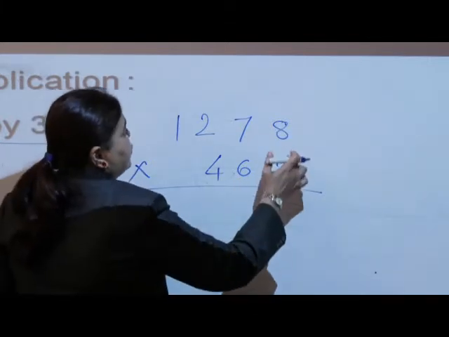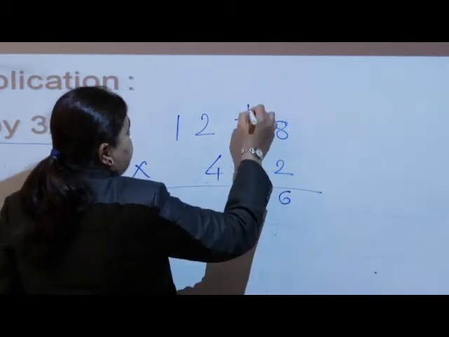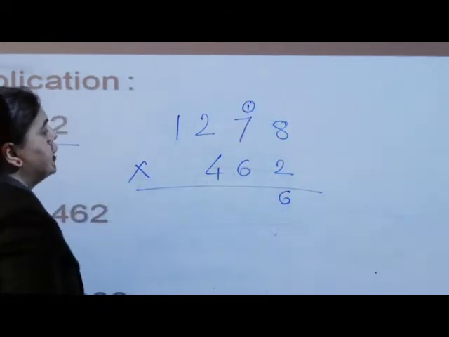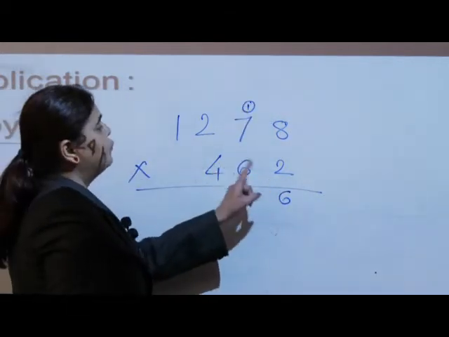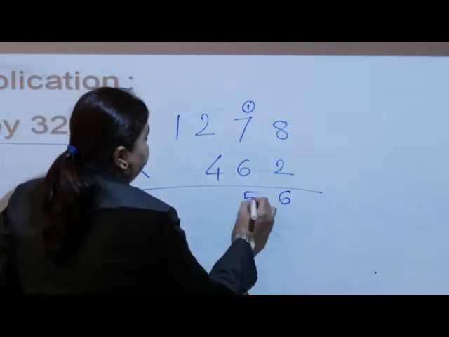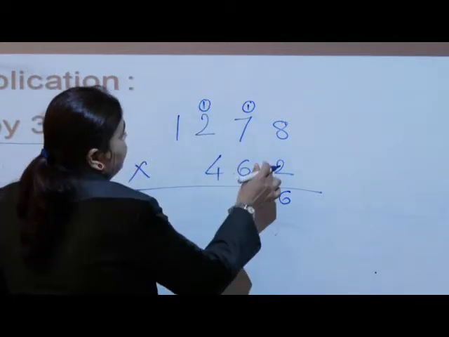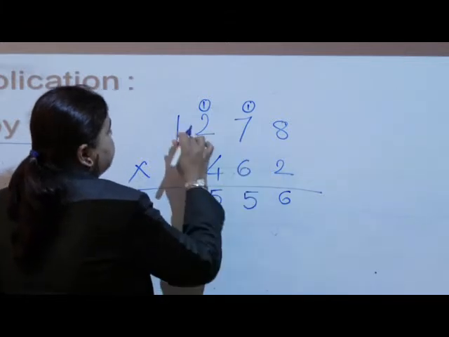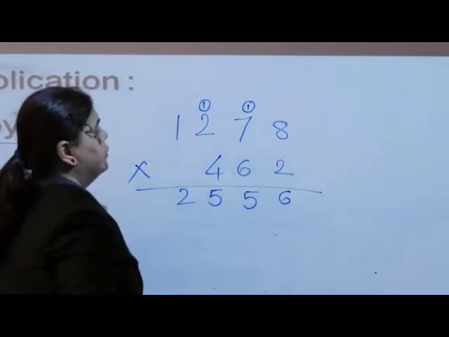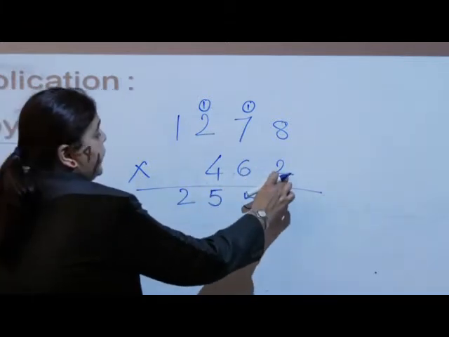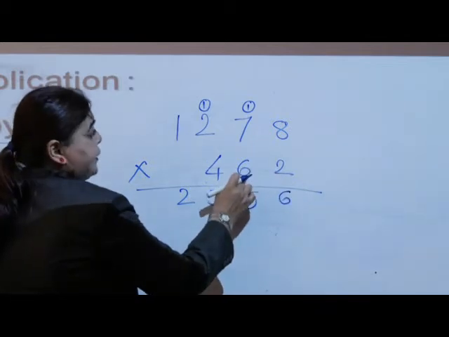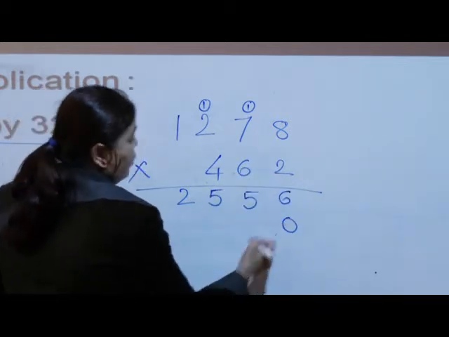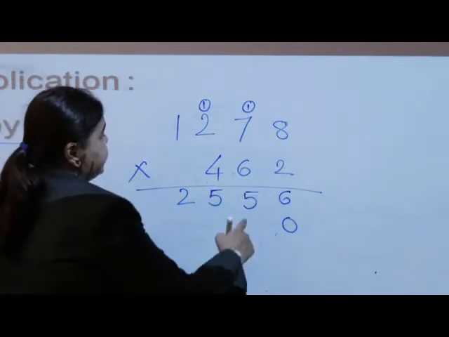Okay. So my dear student, 8 multiplied by 2 or 2 multiplied by 8, both will be the same. Yes, 8 twos are 16, 1 carry. 7 twos are 14 plus 1, 15, 1 carry. 2 twos are 4 plus 1, 5, 2 ones are 2. Now I have done with the ones, I have to go with the tens. So I will put 1 0 because I am going with the tens number.